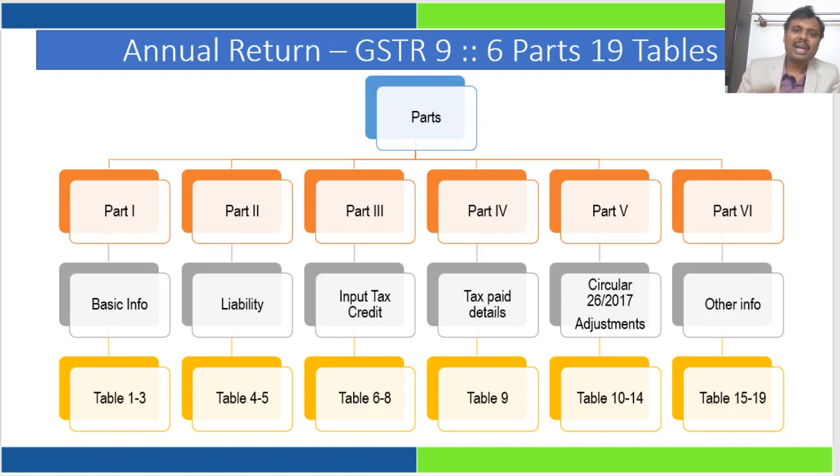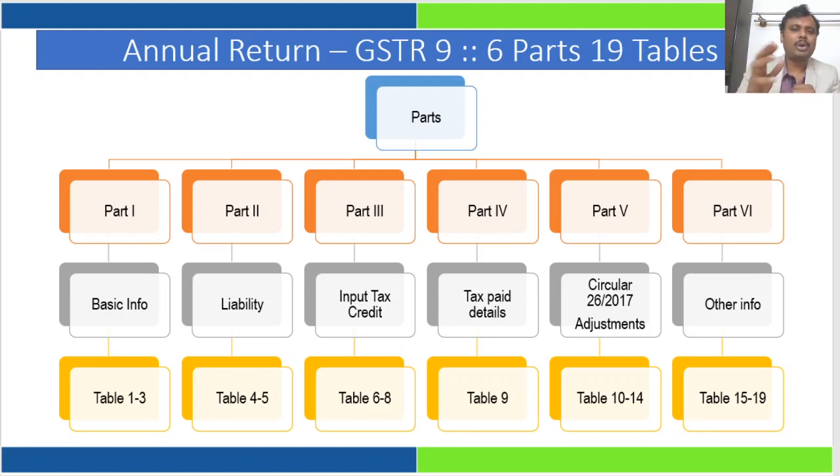Now you might have a liability in the month of March which you have not paid and you have paid it in April. Likewise, you have extra paid, you have adjusted in April. You have an input tax credit of the previous financial year, you have availed it in the next period. We know by virtue of section 39, the time limit to make these corrections is up until September of the next financial year. So, whatever corrections have been done in the next financial year pertaining to the previous financial year for which we are filing the annual return is captured in part 5.